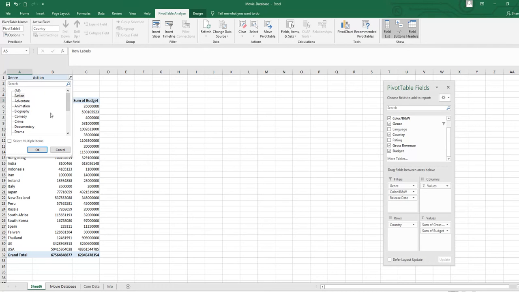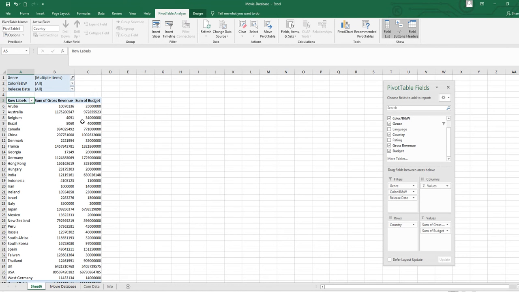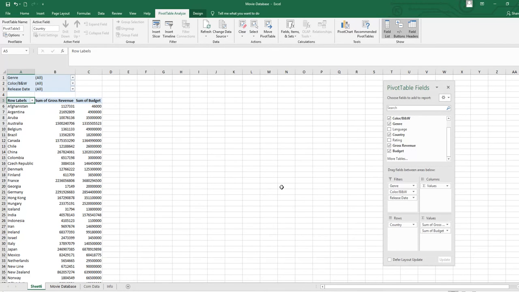If you want to select multiple categories, you have to first click here, select multiple items. I say I need action, adventure, animation, and okay, we will pick one more here, maybe musical, right? Then you have to pick here. Okay, so these are the gross revenue and budget of our four items. Similarly, release date, right? I'm going to clear all this filter, which I have told you earlier. This one clear, and in clear you have to click on clear filter. So our topic is how to insert slicer and timeline.